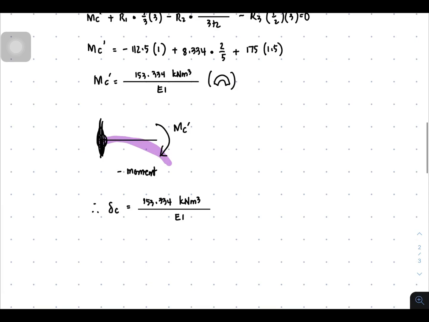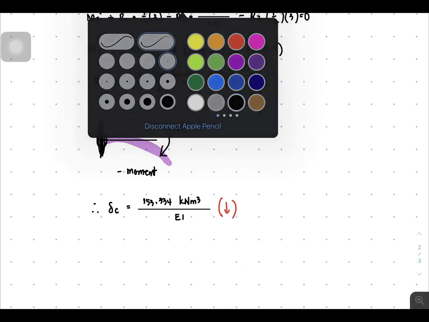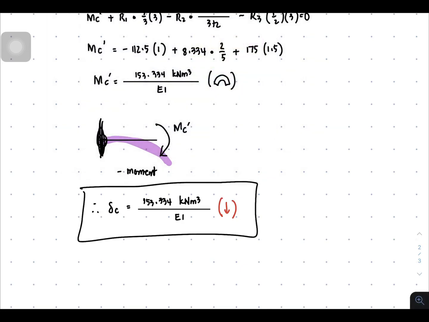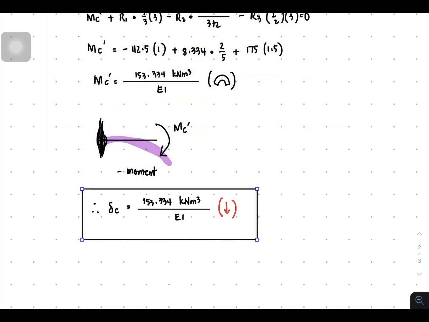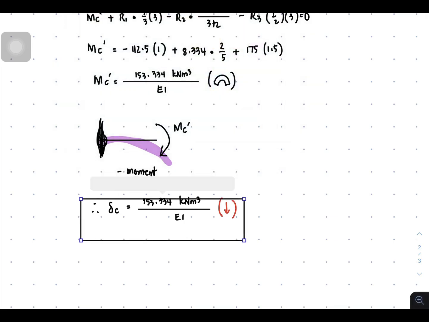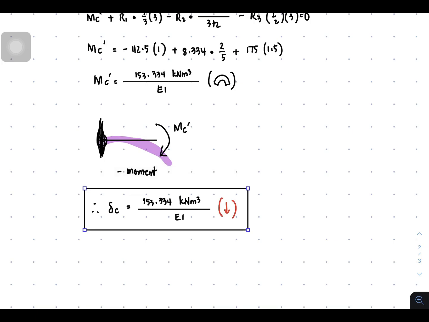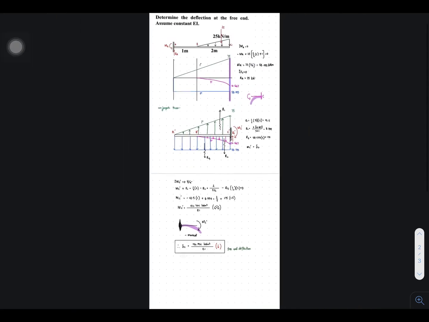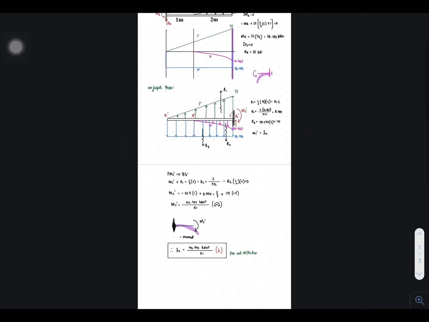That's a negative moment, so it's a downward deflection. And this is our answer for the free end deflection. So that's example number